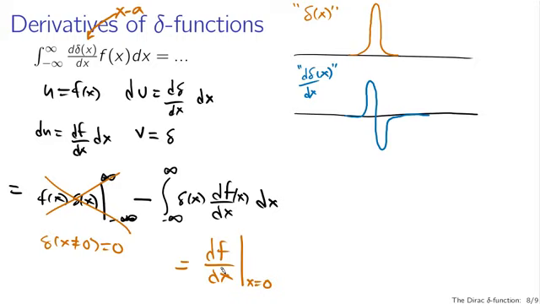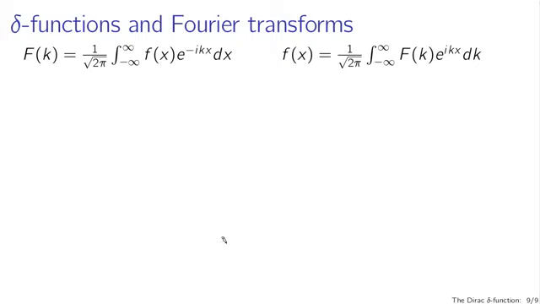This notion of integrals and delta functions pulling out the value of the function gets especially interesting when you talk about delta functions and Fourier transforms. For instance, suppose we're interested in the Fourier transform of the delta function. Capital F of k now represents the k-space representation of f of x, where if this is going to be delta of x, you know how to do this integral. This is just going to be 1 over the square root of 2 pi out front times e to the minus i k,